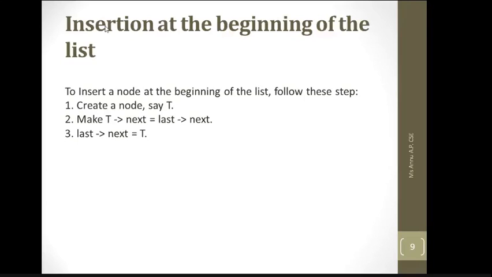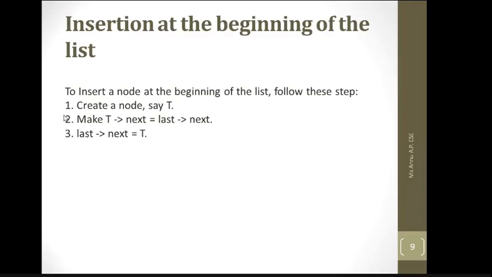Whenever you need to insert at the beginning of a singly circular linked list, you just have to follow the steps you can see on the screen. First, you need to create a new node, because you are going to insert one. So first allocate memory for the particular node you want to insert. In the second step, because you are inserting at the beginning, the insertion in a circular singly linked list will be the same as insertion in a simple list.